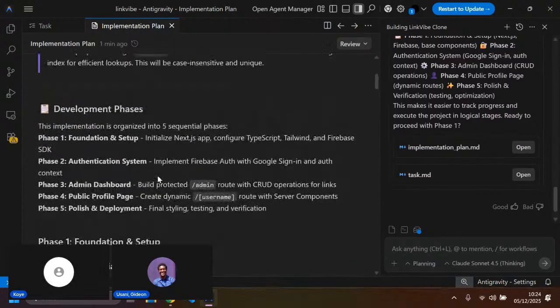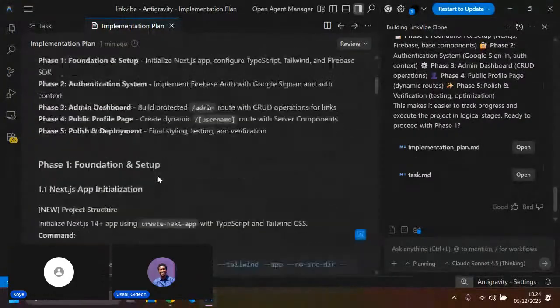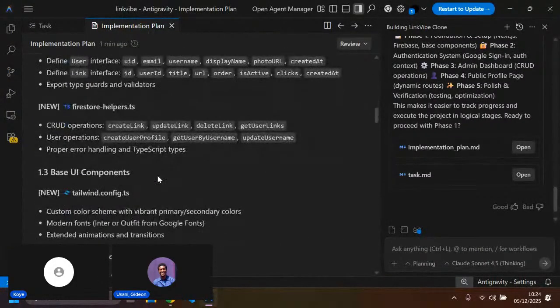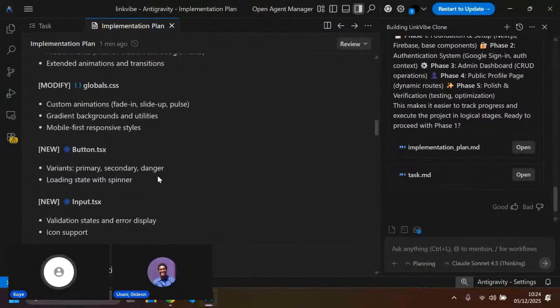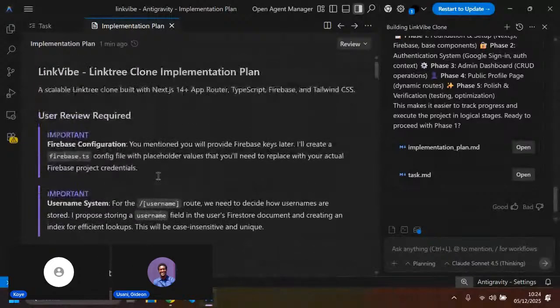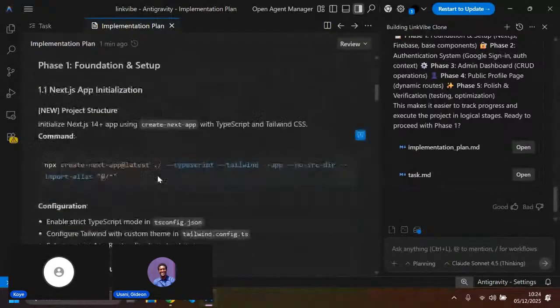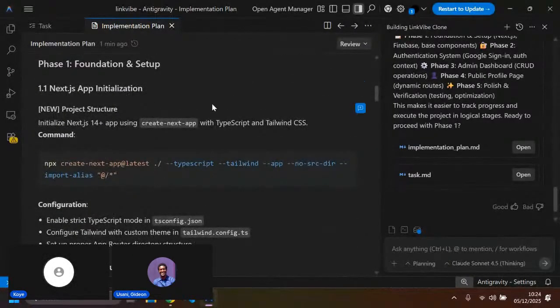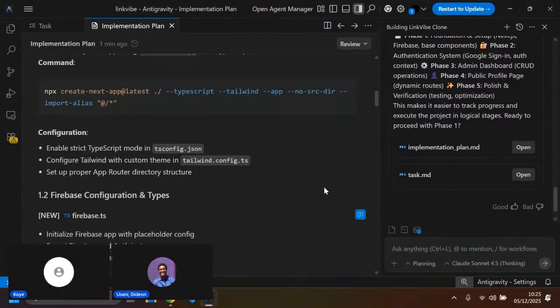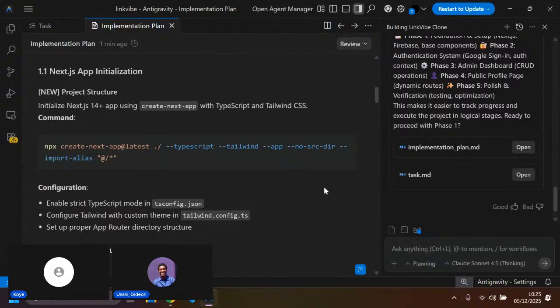So let's go to the implementation plan. I think even this phase 1 is a bit too much for the system. So I think I can break it down into, obviously we need the app initialization. So let's just do that first. So initialize the Next.js app. Let me just make it more for